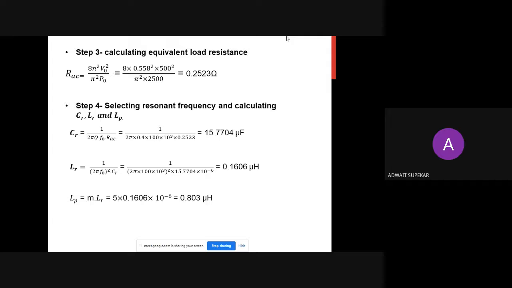The final step is determining the values of the LLC circuit, that is the inductors and the capacitor used for the LLC tank. CR is given by 1 by 2 pi Q F0 RAC, and it is calculated as 15.7704 microfarad. LR is given by 1 by...